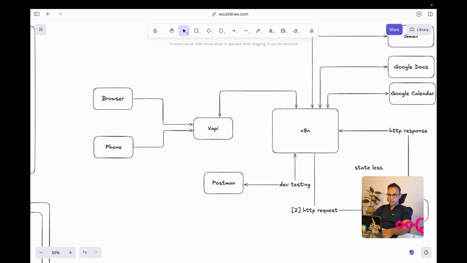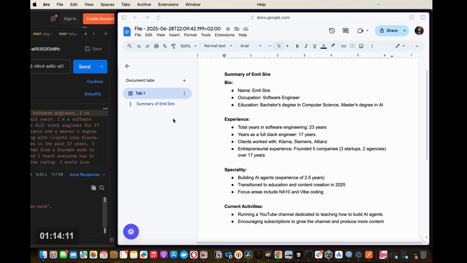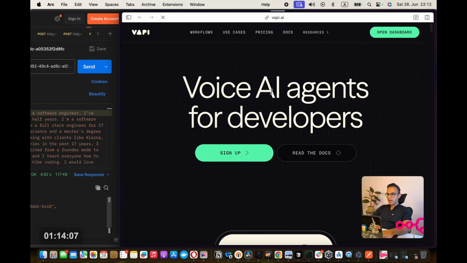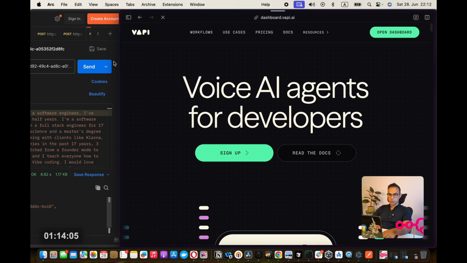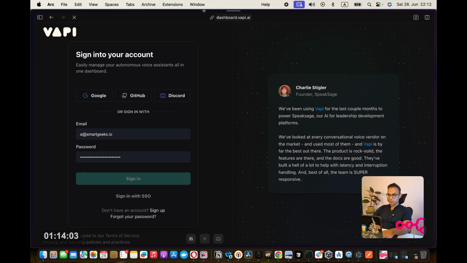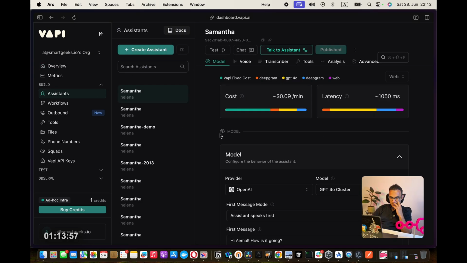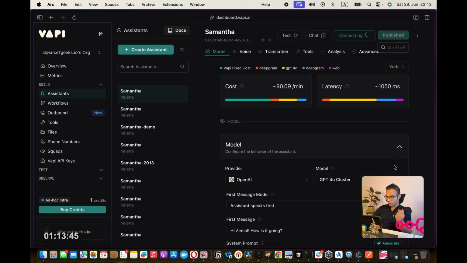So this is my whiteboard. I keep it as it is. Let's go to Vapi and go to our dashboard. I think we don't need Postman anymore, so I'm going to collapse it like this. If you remember, at the start of this masterclass we created an assistant called Samantha, and we picked Elena as the voice, and I can talk to her like this.